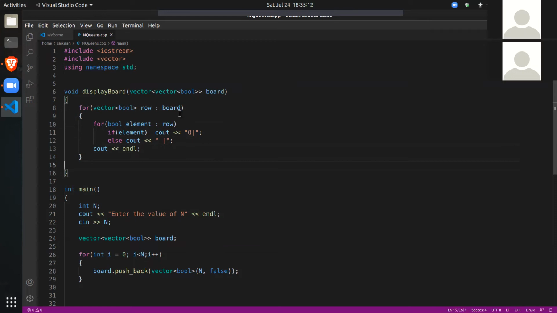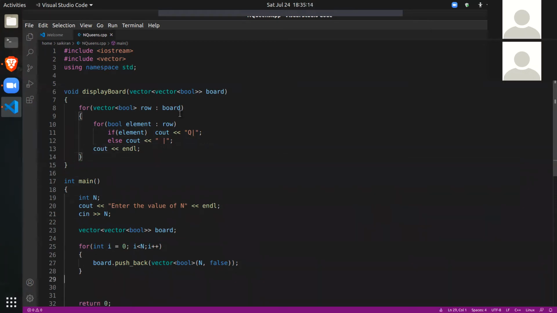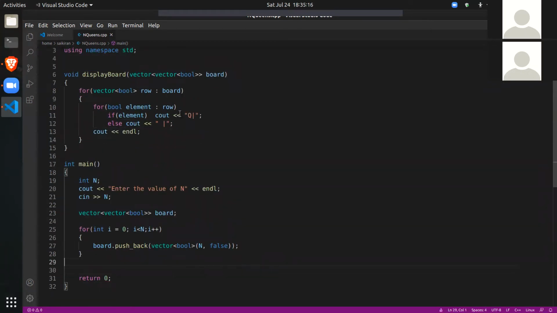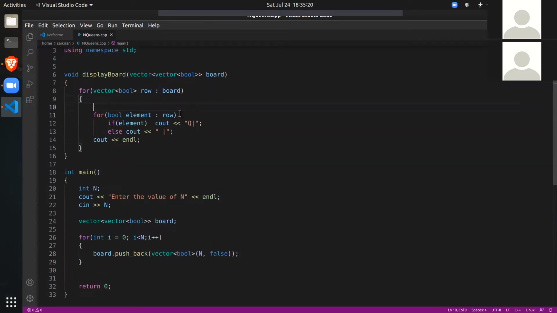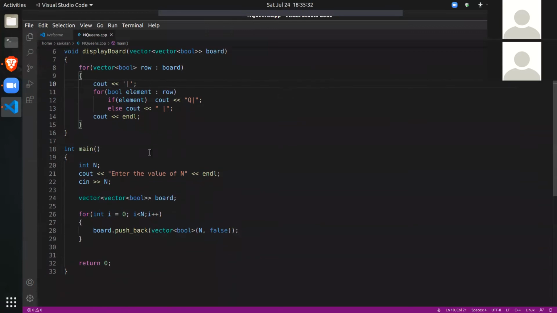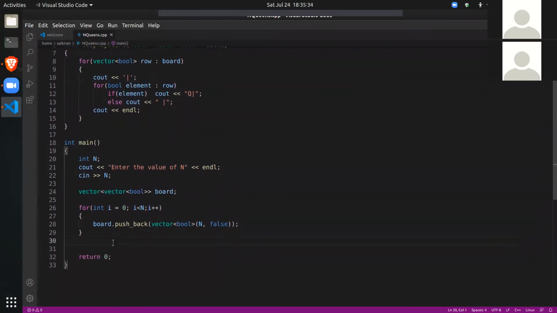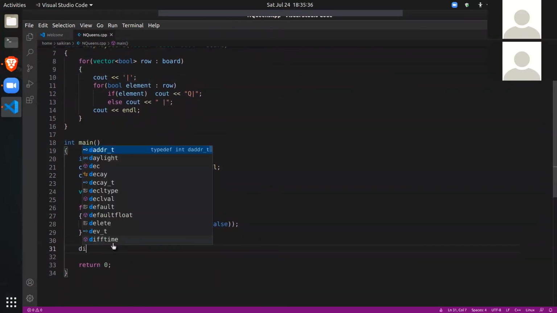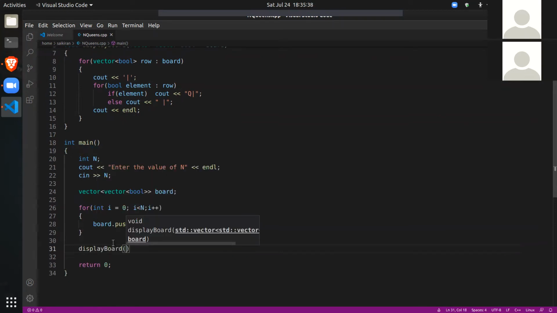I'll show you what this looks like. So this is an empty board right now, right? Let's see what it will look like. Okay. So we'll print our empty board once just to see how this function works.